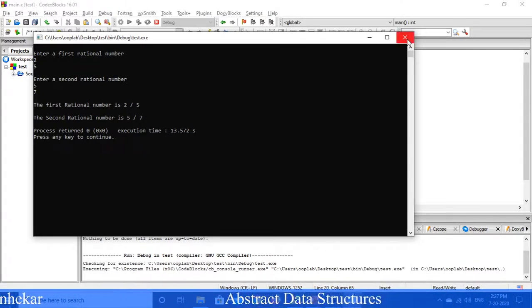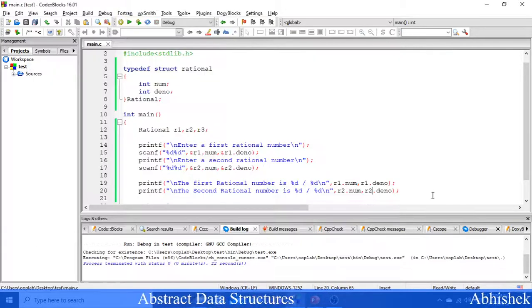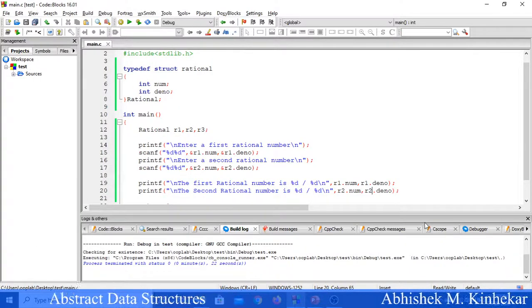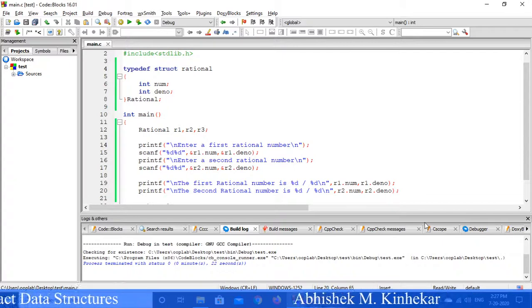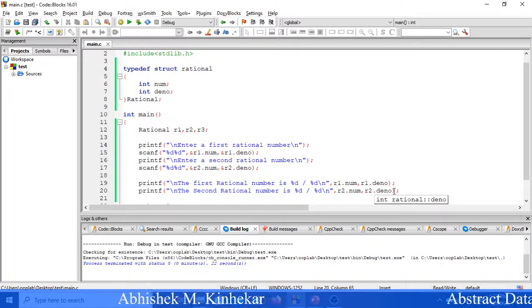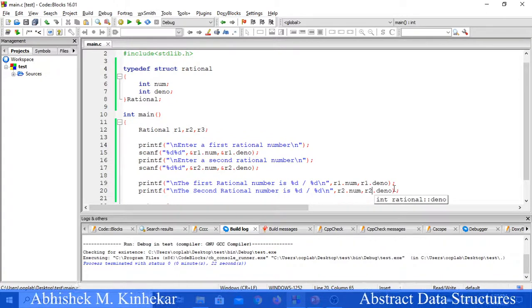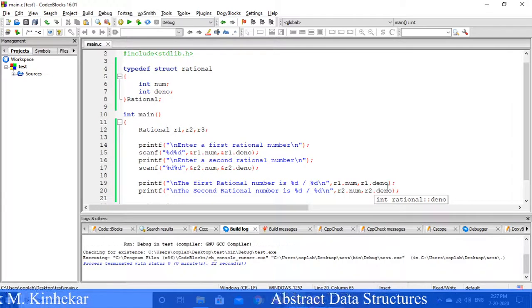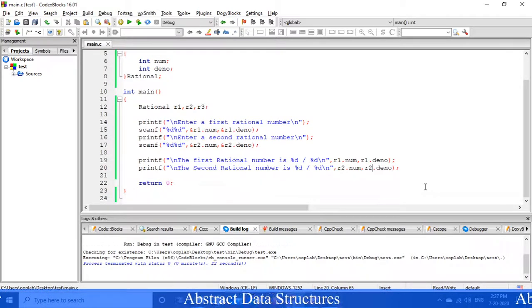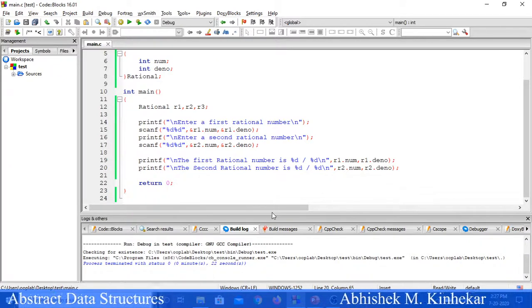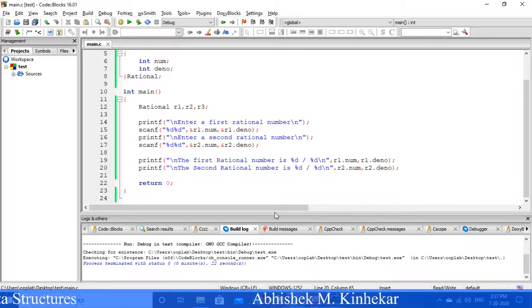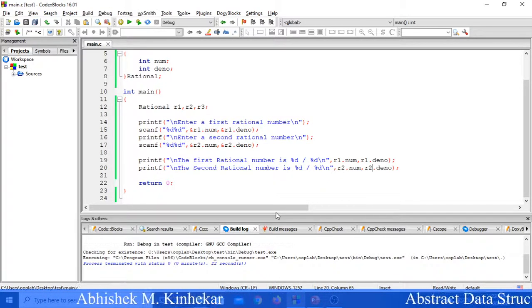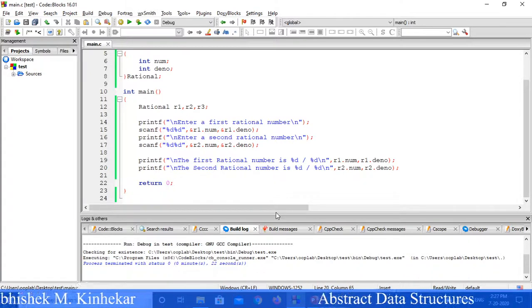So likewise you can read rational numbers, likewise you can print rational numbers. But only reading and writing rational numbers will not do. You have to perform more operations on rational numbers as well, correct? So what are the permissible operations which can be implemented on rational numbers? There are various operations, out of which we are going to work with the first 4 arithmetic operations, correct? Now what are those? Addition, subtraction, multiplication and division. We are going to work with these 4 first, and then I will be giving you an assignment to do something for me, correct?